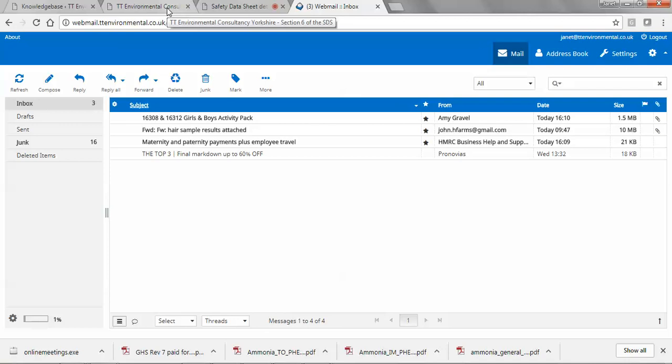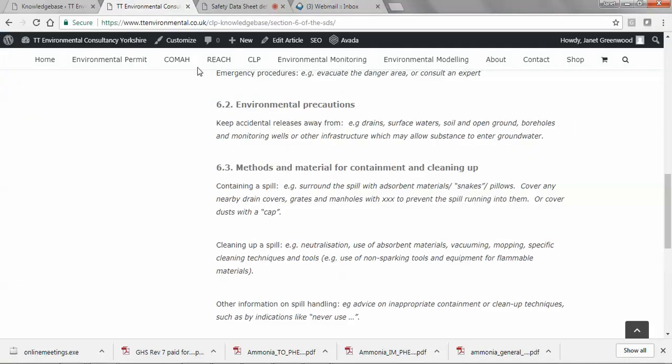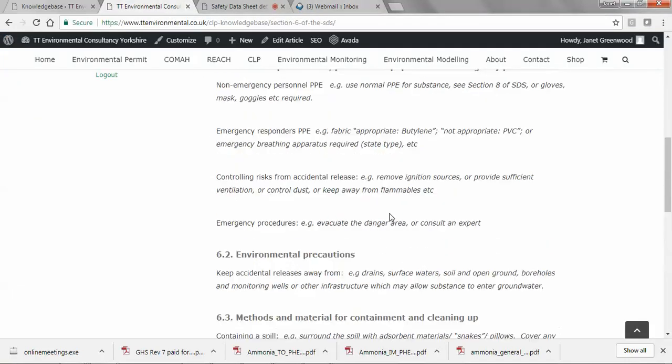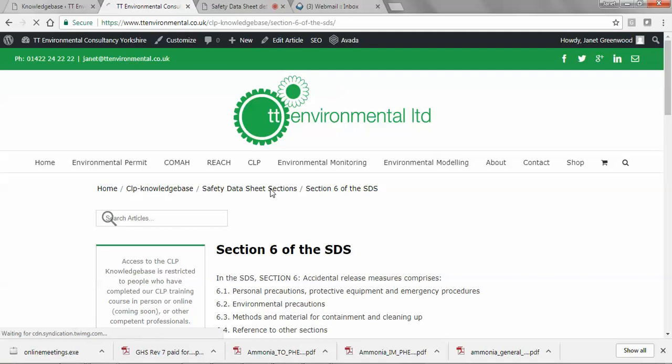I've got some more work from Card Factory to do. Isn't that fun? Very helpful of them. Okay, so section 6, everybody all right on? We'll have a quick look at section